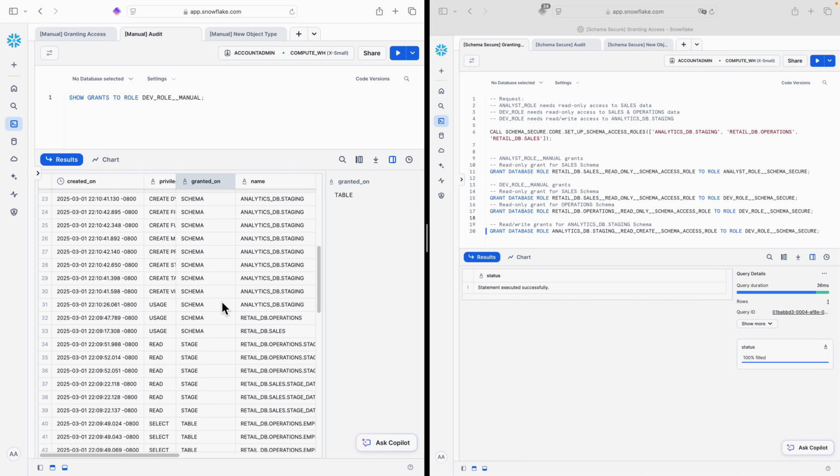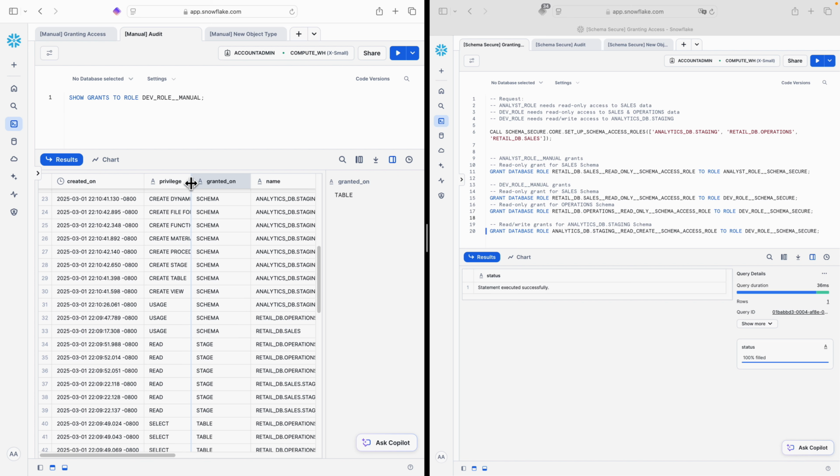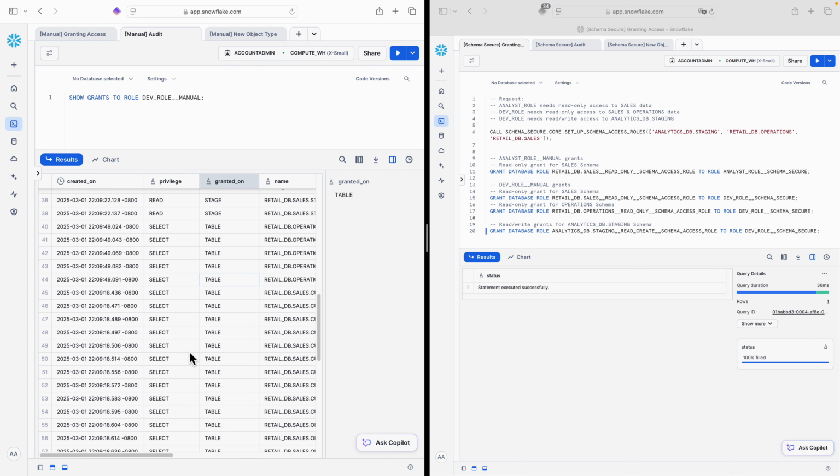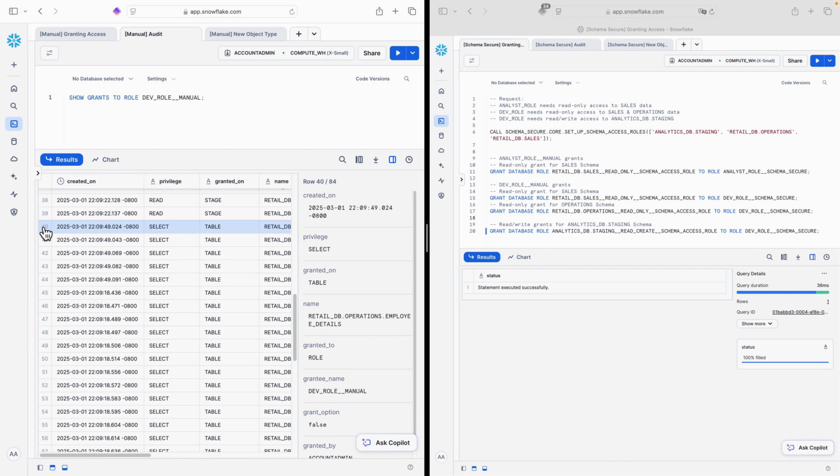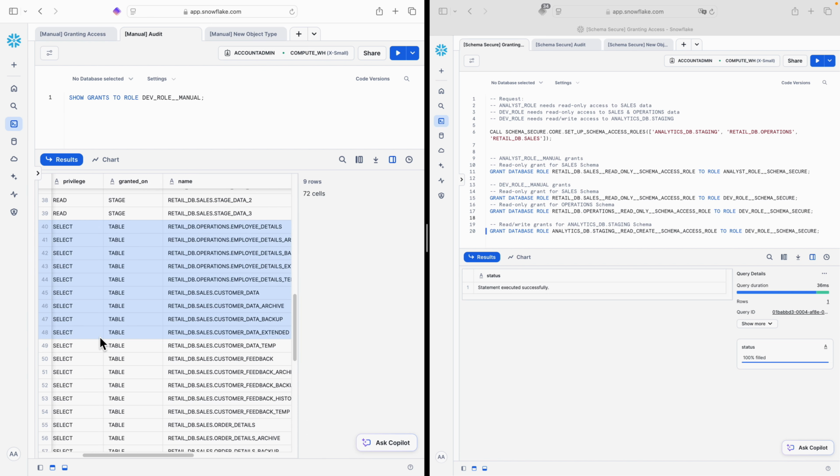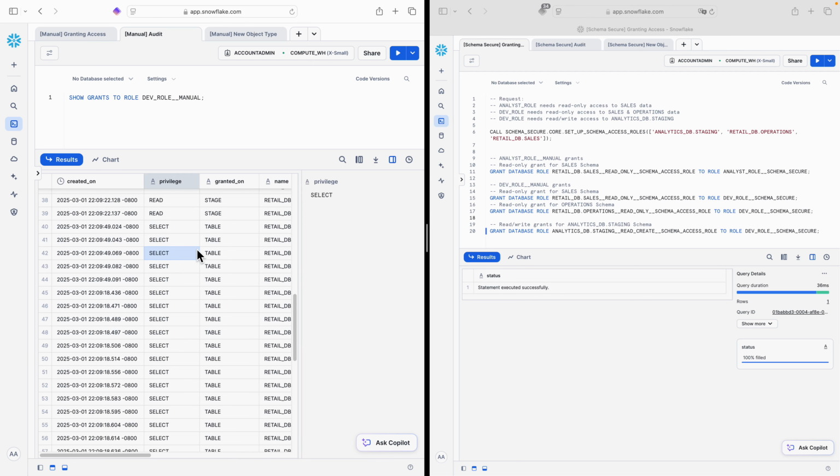This is problematic for 2 reasons. It's very hard for a Snowflake administrator to really understand and parse through all these records, and they don't know what potentially is not here. We can see, for example, that there are a lot of tables that this role has access to in the same schema, but maybe there is 1 or 2 key tables missing, and those kind of things are hard to